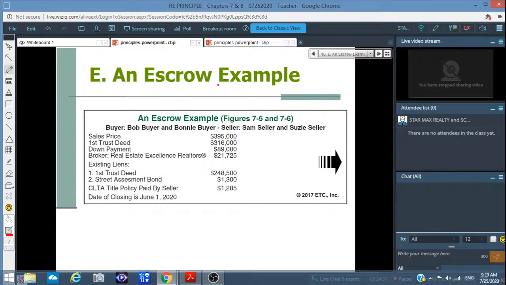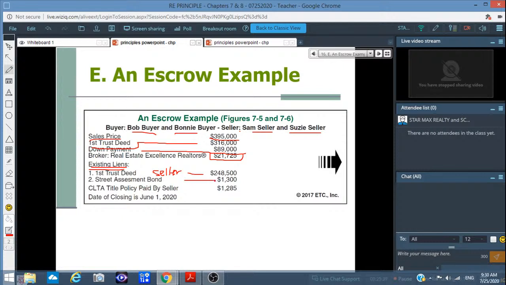Alright, next escrow example. OK，给你一个例子。OK，Bob the buyer and Bonnie the buyer, seller, Sam the seller and Susie the seller。OK，他们两方，一个卖方，一个买方。Sell price, right？卖价39万五，OK，$395,000。First trust deed，OK，第一个贷款是31万6，$316,000 for the first loan。Down payment $89,000，OK，首付是8万9。Real estate realtor，OK，this is commission，这个是佣金。Existing lien, this is what? The sellers, right? 卖主的贷款多少？24万8。